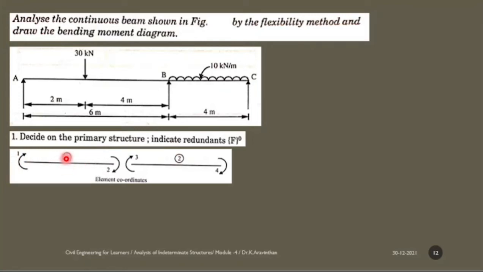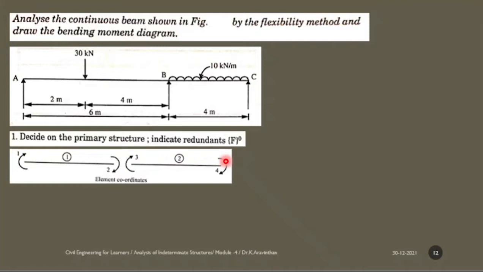For each and every element you will be having 2 nodes at the starting point and at the ending point. The same way, the second span, that is B to C, is considered as element number 2 and you have node 3 and 4. So you have 2 element 4 noded structure. See, this procedure and this format is fit for computer. It observes whatever you are giving is, first it removes all the support. So you will be giving support in your structure and you will be giving load. First step, the computer will remove all the support and load and it will only consider the element.